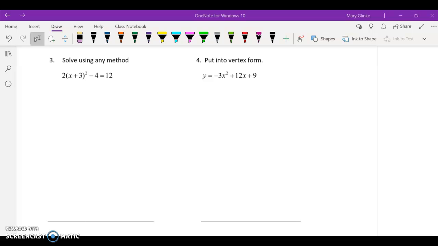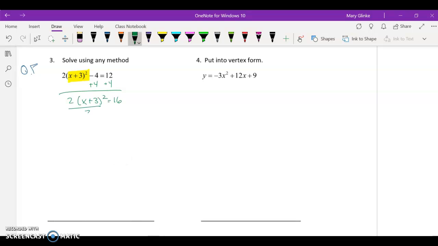For this next one, you can solve it using any method. If you want to distribute that out, that's totally fine, but then you are going to need to use your quadratic formula to solve after that. Or you could use completing the square. Right now, though, it's set up in perfect form. If I were to get my x squared term alone, I would then be able to just square root both sides. So what I'm going to do is move the 4 to the other side,